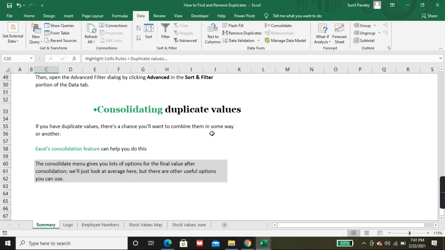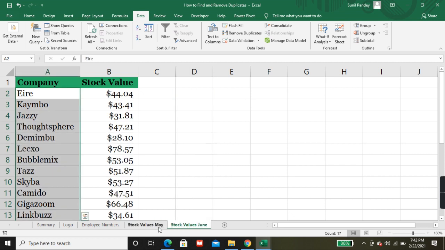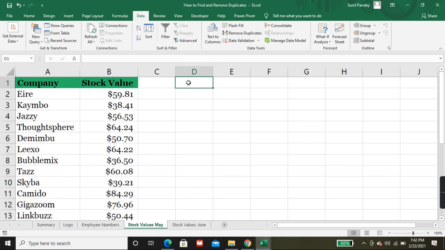We will just look at average here, but there are other useful options you can use. So we are going to see the second example. We have stock values May, stock values June. What we require is the average stock value of May and June.